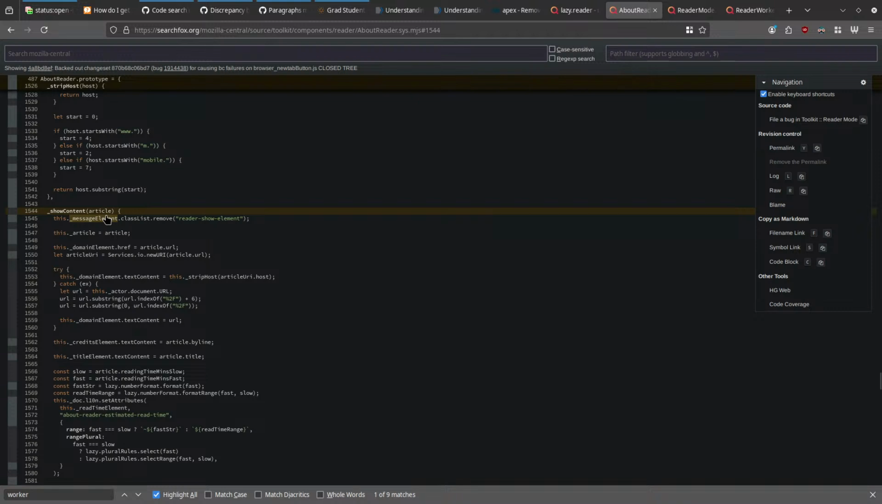And on the message element, I don't know what that is, but we're going to remove reader show element. This underscore article will be set to the article that was passed in. So we're just basically stashing a reference to it. The domain element href is equal to the article URL. The article URI